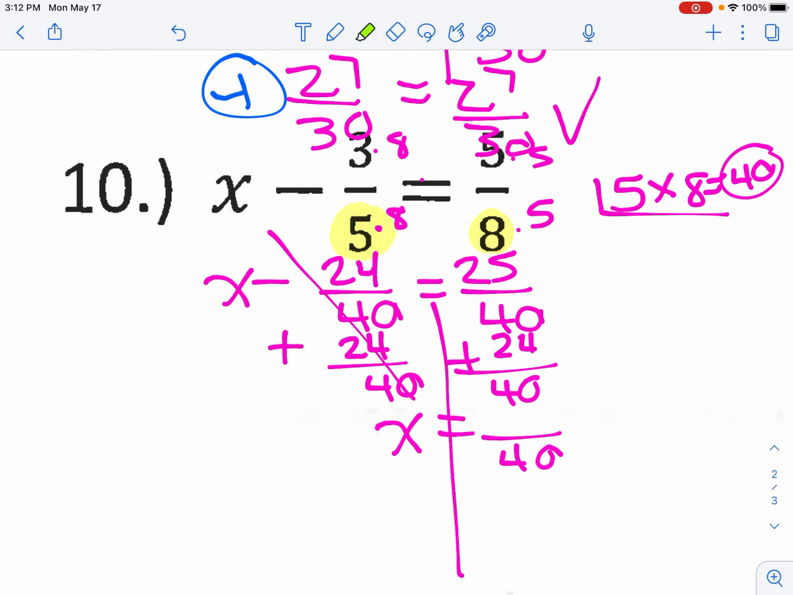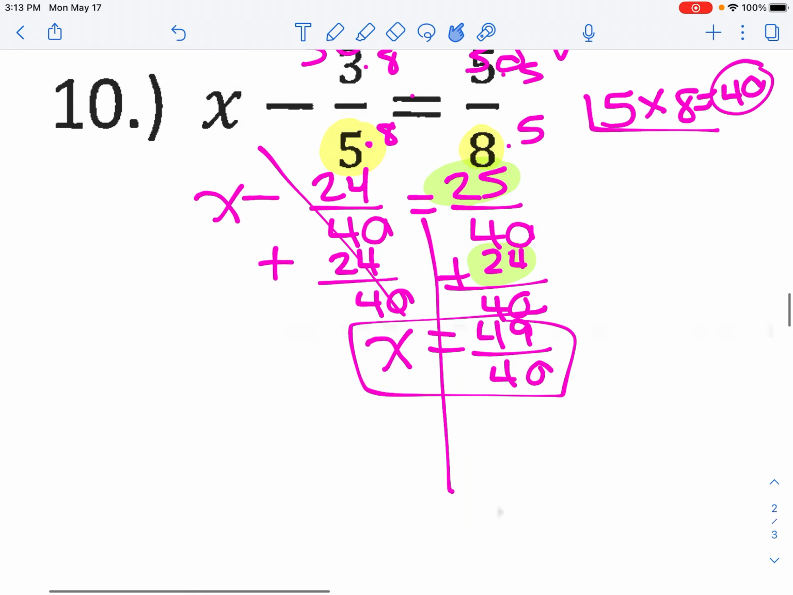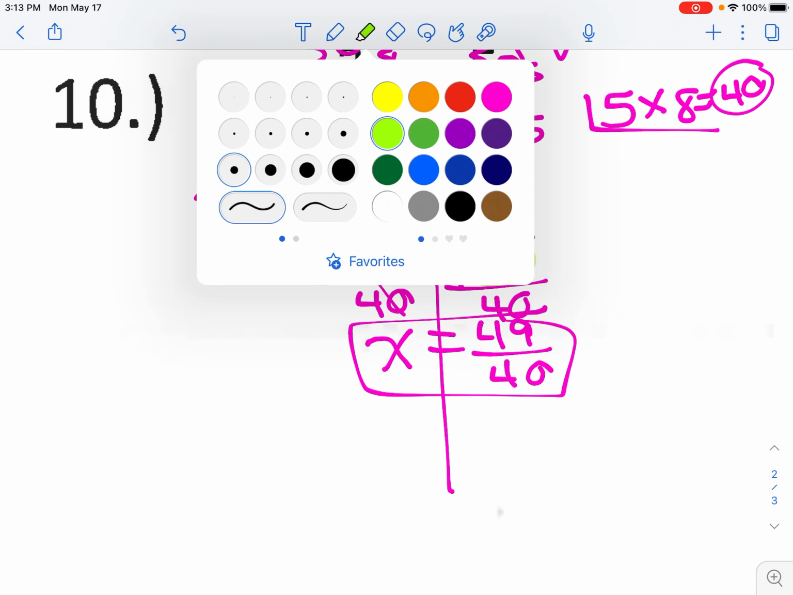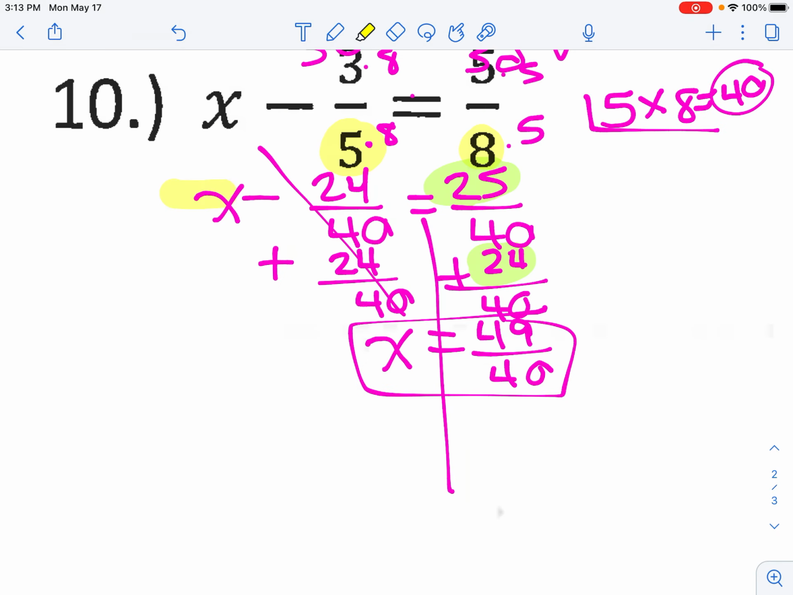So I'm looking at 25 and 24. 25 plus 24 is 49. So I think x equals 49/40. So now I'm going to substitute. Remember, we rewrote the equation as x minus 24/40 equals 25/40. So I'm going to rewrite that, but instead of saying x minus,